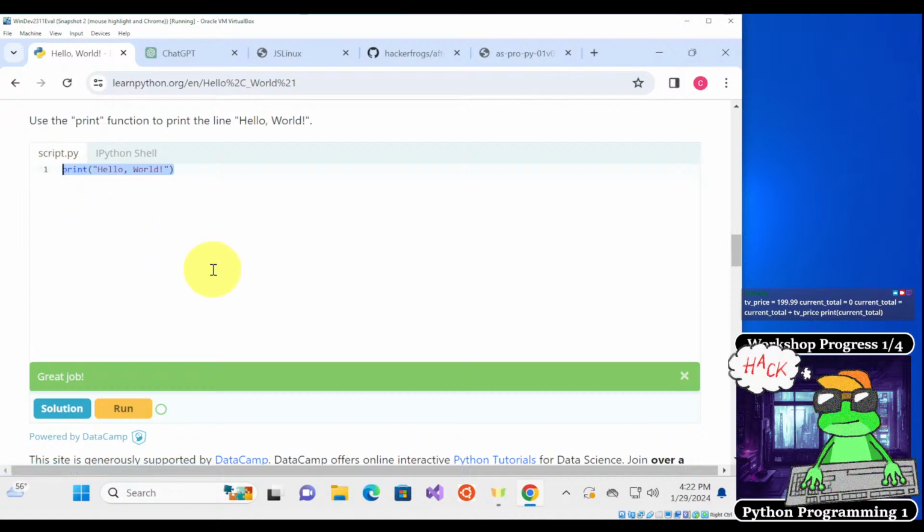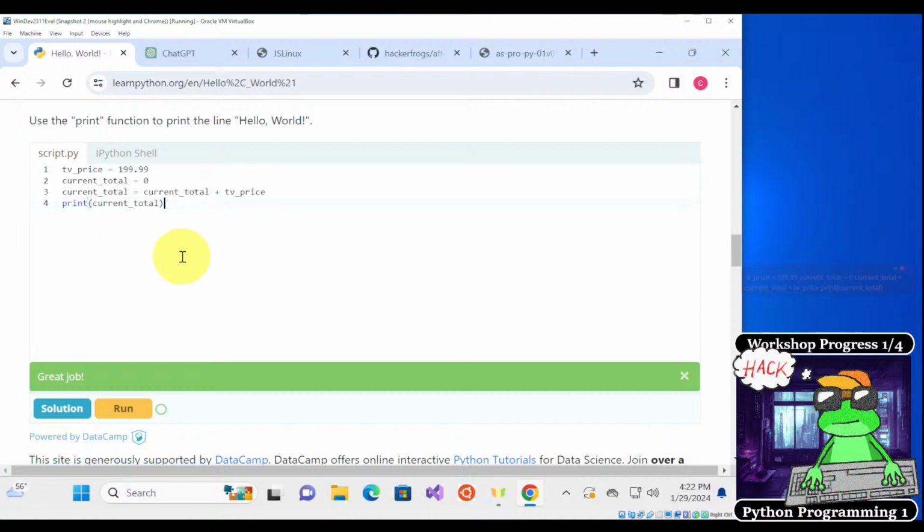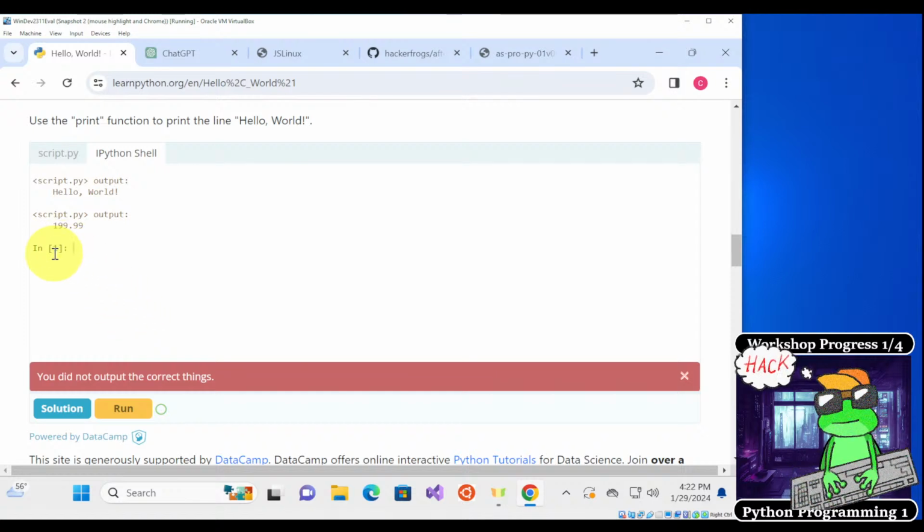We can highlight this and paste the code. You might have to reformat it a little bit because it got a little bit mangled when I put it into the chat. But this should print 199.99. So if we run this, it's going to print out 199.99, and it says I didn't output the correct things.